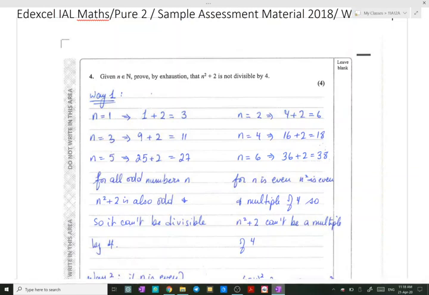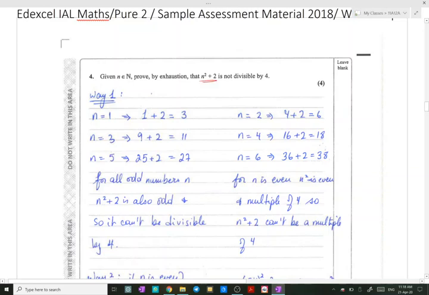Number 4 is taken from the International Edexcel Maths A-Levels Pure 2 Sample Assessment Material 2018. Given n belongs to the natural number set N, prove by exhaustion that n squared plus 2 is not divisible by 4. Way 1 is that you assume a value for n, and you start